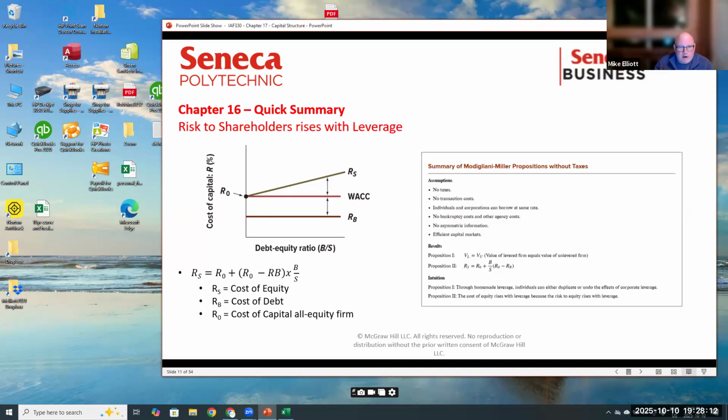The assumption of no transaction costs. Reality is transaction costs are pretty high. They're not abysmally high, otherwise nobody would do it, but you can't ignore them. Can individuals and corporations borrow at the same rate? No. Banks lend on a risk-adjusted basis. People are deemed to be more risky than corporations, which is a bit of a, I'm not sure I agree with that, but whatever. Corporations are better at reducing their risk premium than people are.